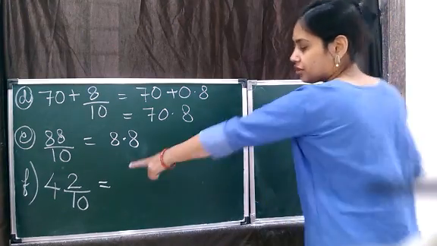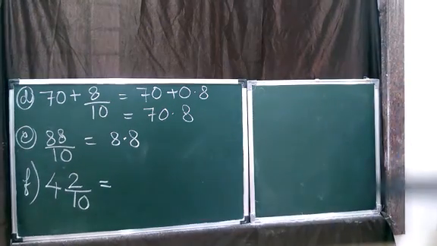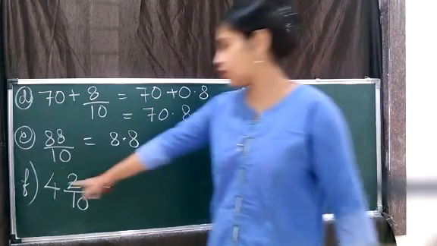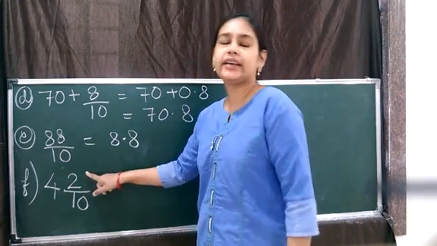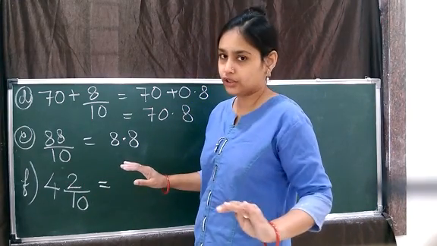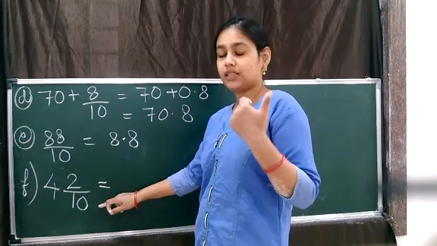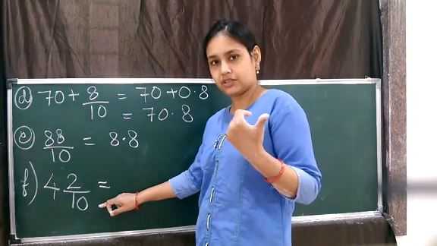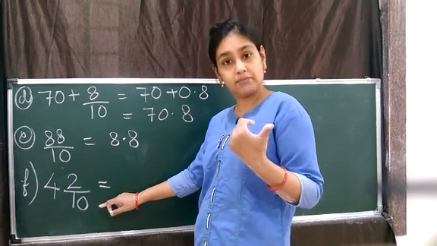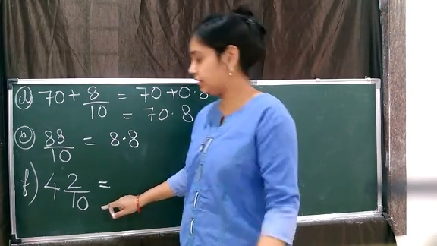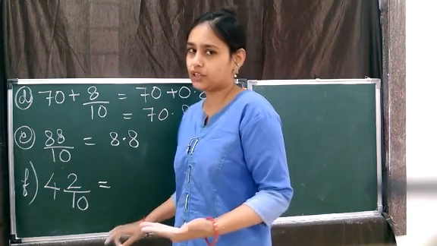Now, children, this is a mixed number. Convert it into a fractional number, or you can write it directly. This becomes a whole number and this becomes the decimal. Any of the two things you can do. Okay. If one more such type of question is there, like a mixed number, then we will do both the methods. Right now we are doing one method, that is converting it into a fraction and then writing.